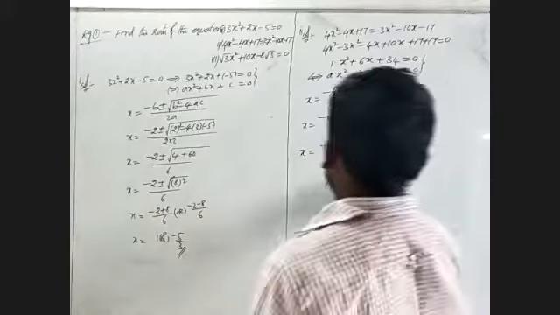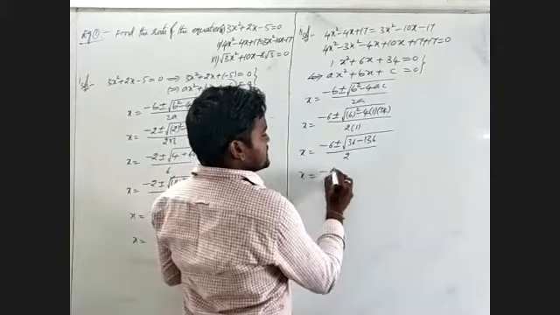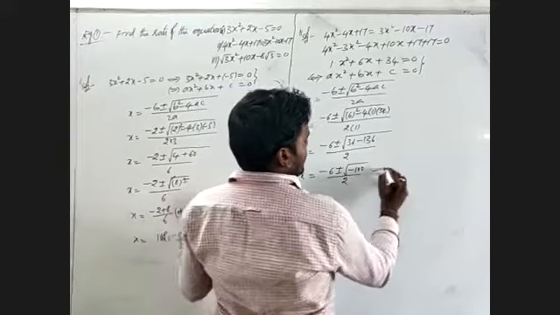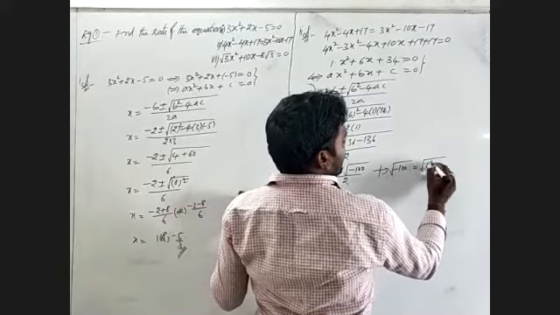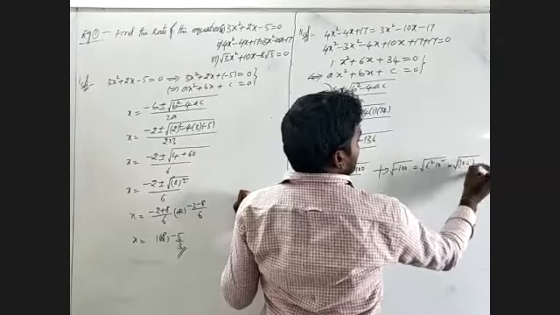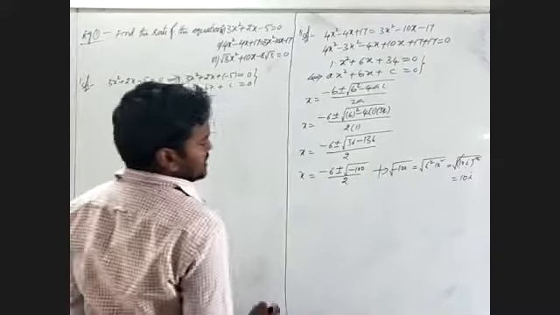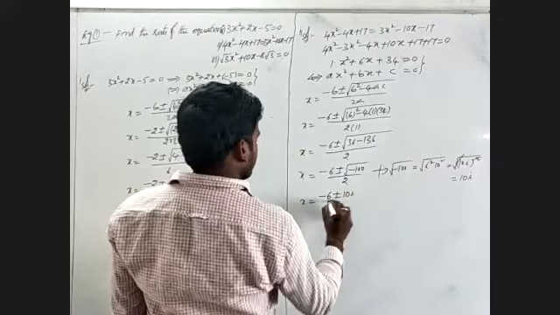You will observe, the given equation can be written as x = (-6 ± √(-100)) / 2. The root of -100 I will write as √(1² × 10²), that is √((10i)²), where the square and root will be cancelled. Remaining we have to write 10i. That is the value x = (-6 ± 10i) / 2.